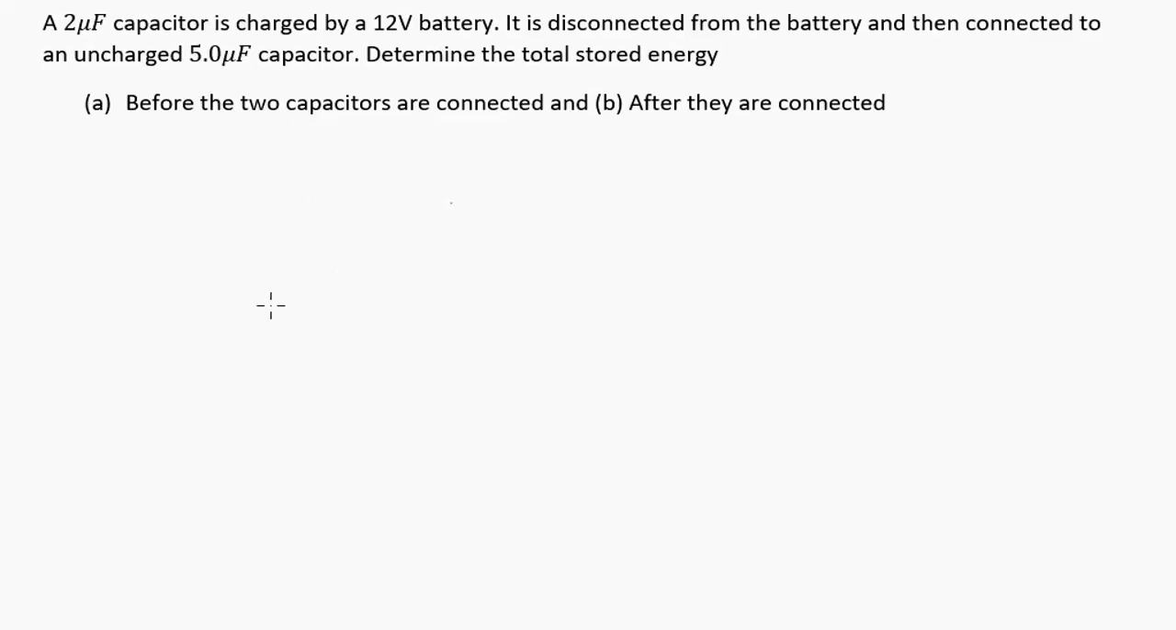So for this A, we'll have a diagram like this. Alright, so we have here 2 microfarad connected to a 12 volts battery. Alright, so in order to find the energy, we are going to use the formula U is equal to half